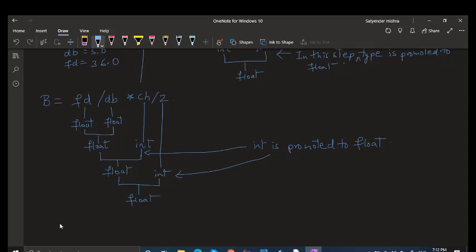So for example, there is another expression: c is equal to 5 divided by 2, right? If you execute this and print c, you will get 2.5. But here you can see that this is int, this one is int. When Python divides these two, the result is not an integer, so the result is float. Python will update the data type from int to float automatically. You don't have to worry regarding this.